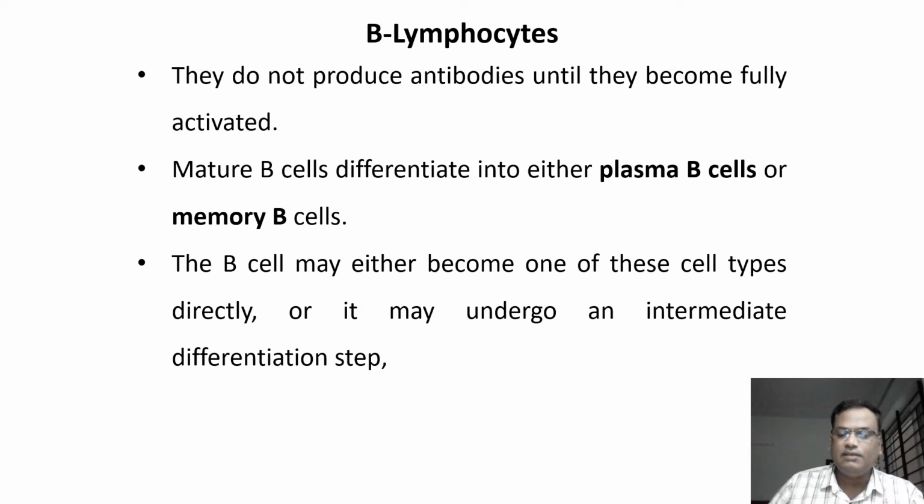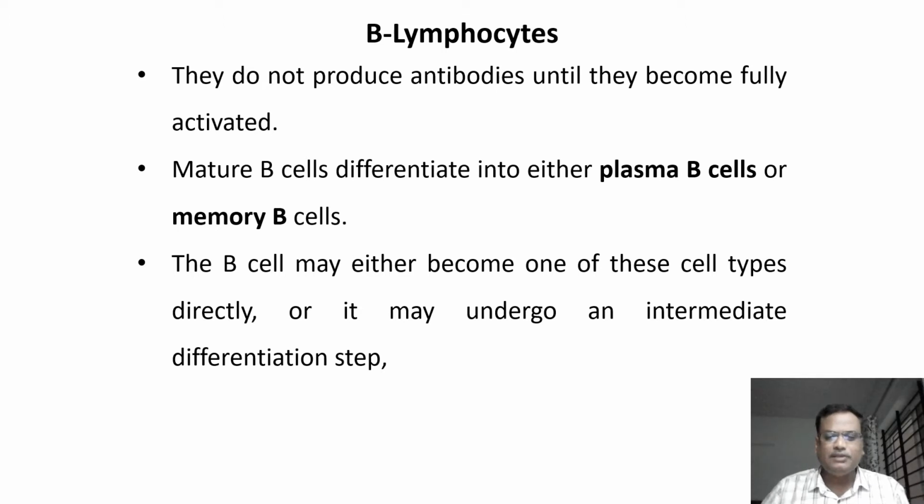These memory B cells are very important as far as immunity is concerned, because they are going to respond when the person gets infected by the same pathogen for the second time. Now, we already studied about the secondary immune response. So, when the person is infected for the second time, the memory B cells will identify the antigen very quickly and the immune response will be very fast, and the person normally will not show any symptoms and will not suffer from the disease. That is the importance of memory B cells.